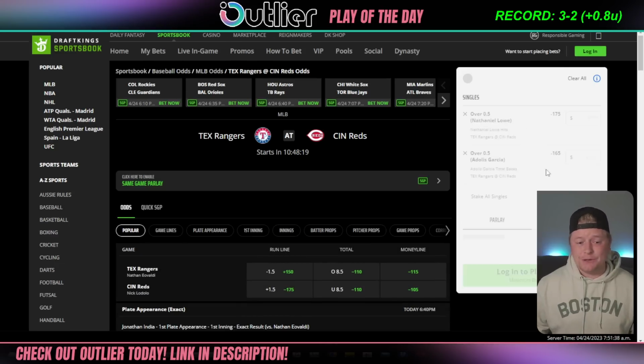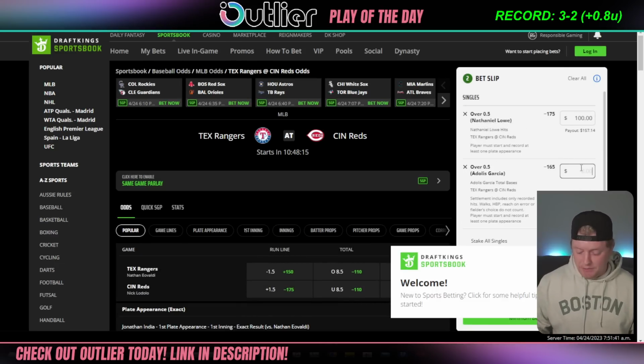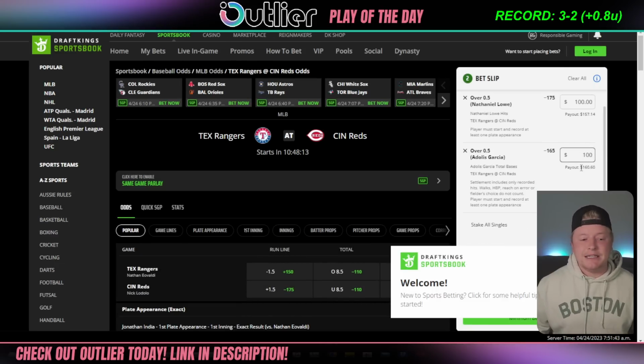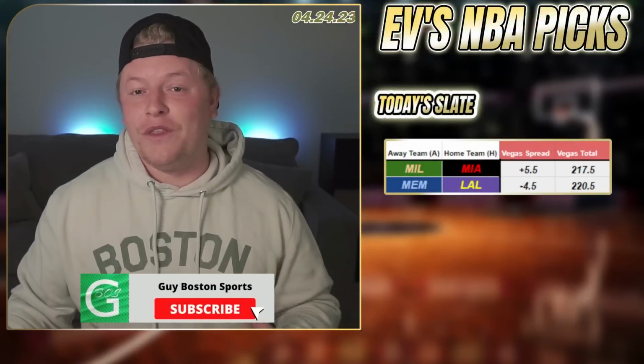And you can see both of them are still going to be here because we just put this one in, but another one here we could put in whatever your unit size is, and those are going to be our 2 actual Outlier plays of the day. We'll not always throw in 2. We did go 2 for 2 yesterday in the NBA. We'll try and go 2 for 2 with these picks in MLB today, guys, but that is as simple as it is for the Outlier app here.